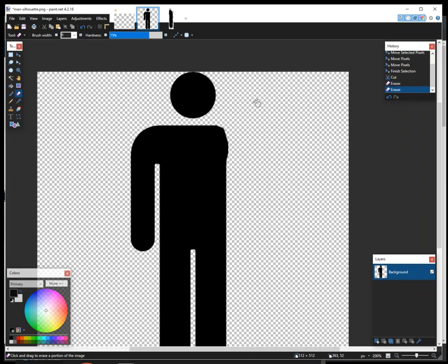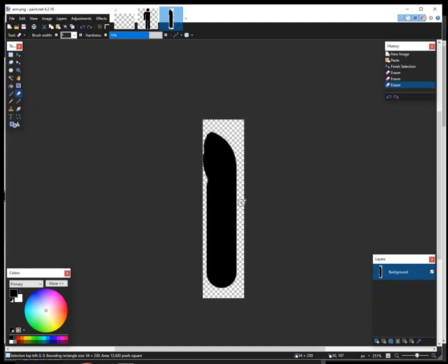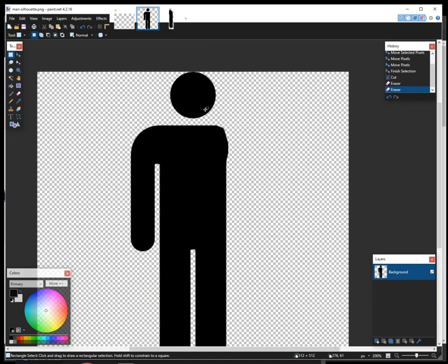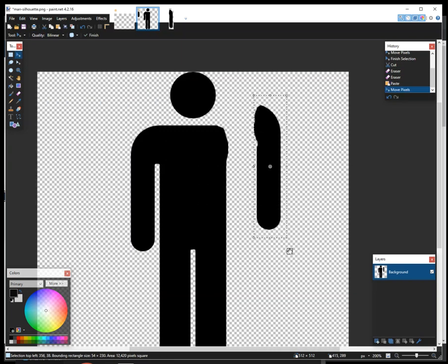So my goal here is I'm trying to produce some images that I can work with. And I'm just going to save this as what it was before. And let's see how this looks. If I select all of this, select the whole thing, or you can hit Control A to select all. And then I'm going to hit Control C to copy. Then I'm going to hit Control V to paste. And now I can